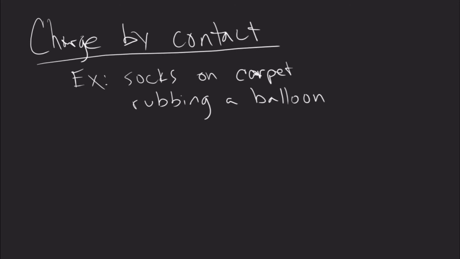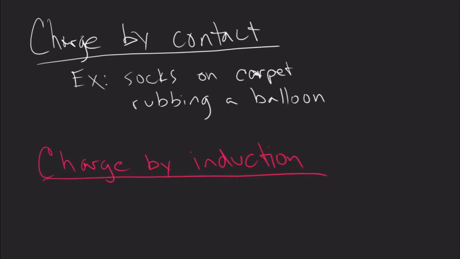Well, on the other hand, we actually have a different thing that can occur where we can charge by what's called induction. All right, and charging by induction is a bit different. What happens with this is we have an already charged object that gets near a neutral object and causes a rearranging of its charges. A rearrangement, typically it's the electrons rearranging. So a good example of this, of charging by induction, is kind of like when you have a storm cloud and it's about to release lightning. When you get this phenomenon of lightning occurring here,